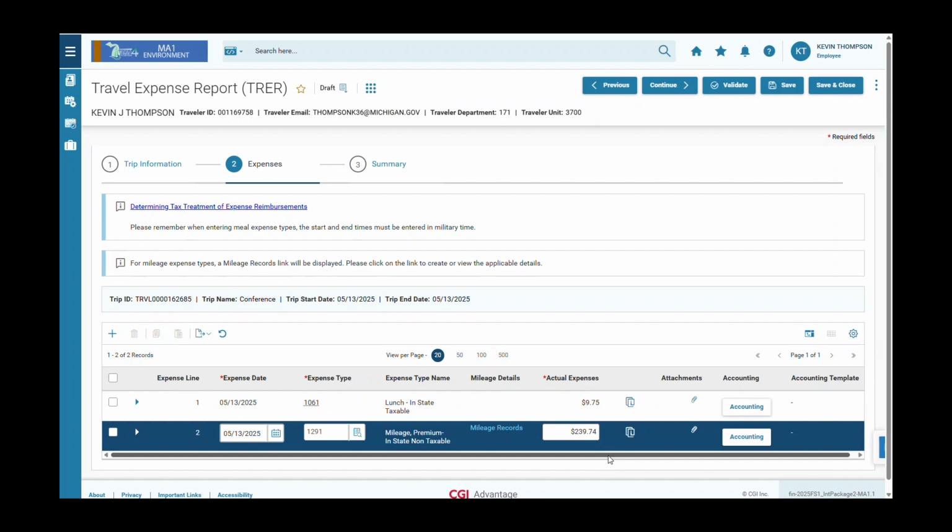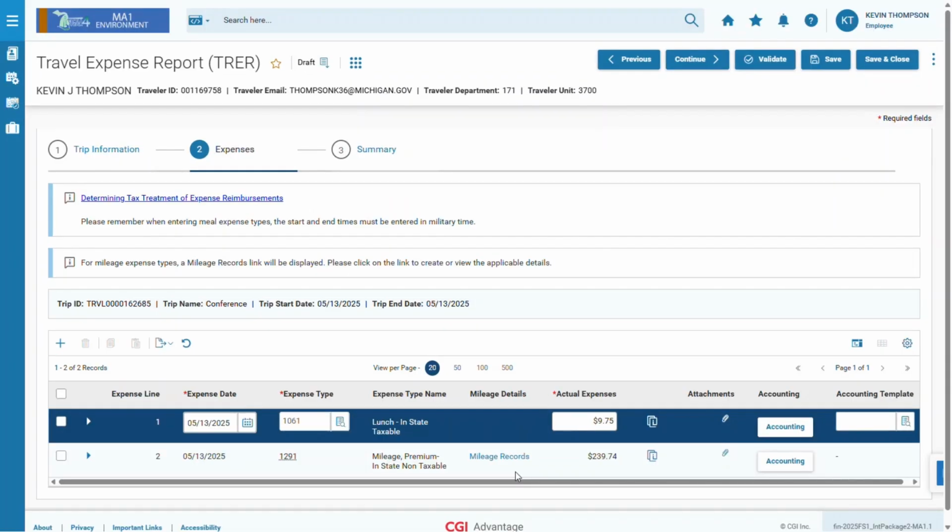And we'll see that the system automatically updates the actual expenses here as well. Based on the mileage I input, the system uses MapQuest on the back end, and that generates the actual expenses here for us. Other expense types, such as parking, will require you to manually enter the actual expense. We'll go ahead and click the Insert icon to add an expense line,